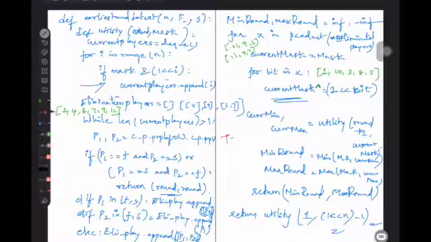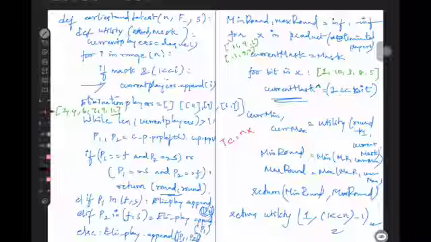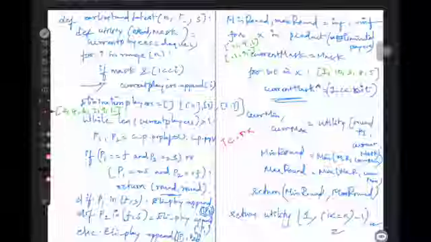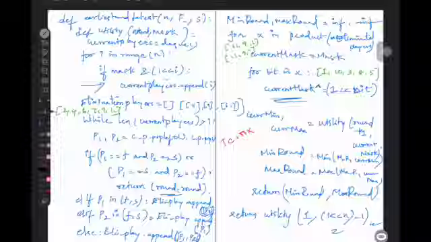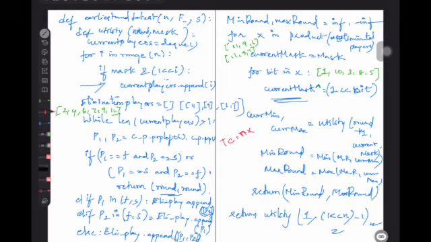Now just look into the time complexity. We are traversing n current players, which is n. Then we are traversing through the current players again to generate a current player, which is n. Then to generate elimination players, we will be traversing through n square. So again, we'll be traversing through n.